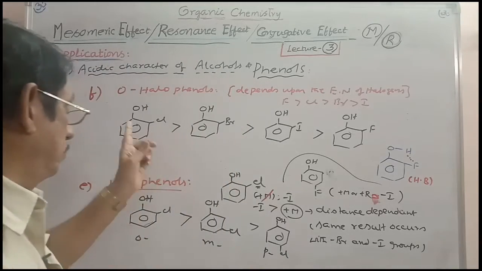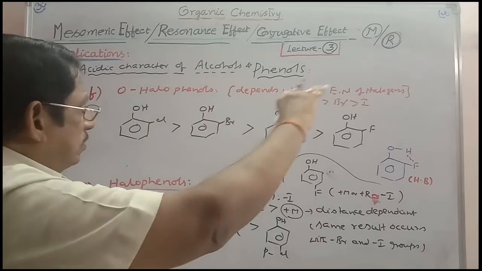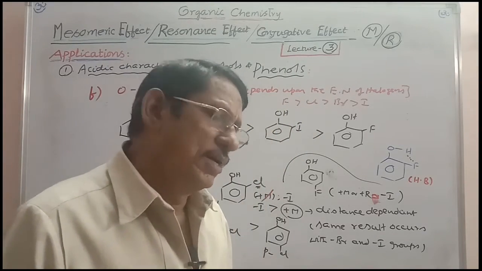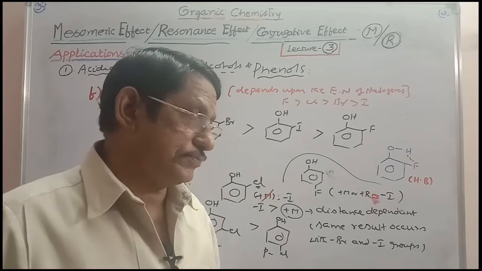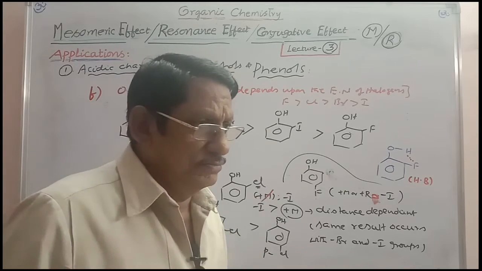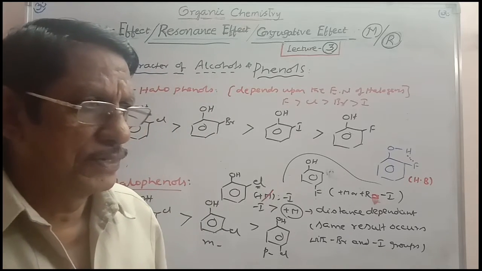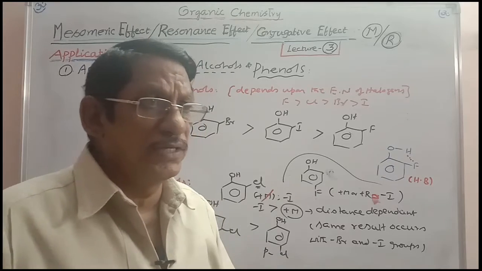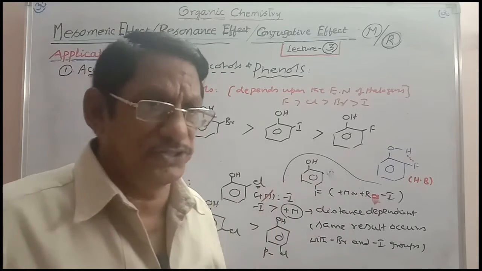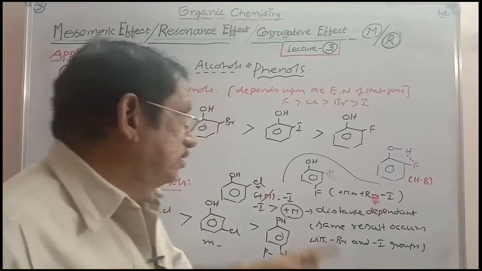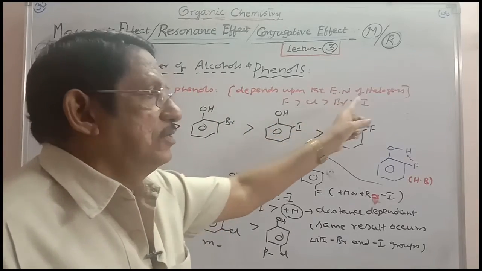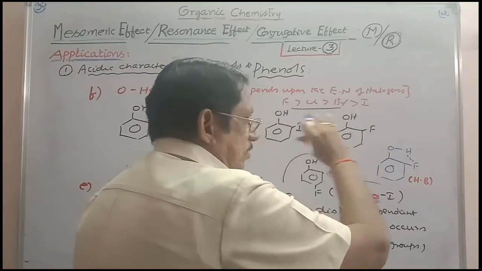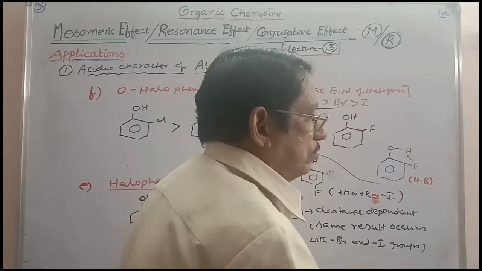Now let us consider one more application here. I am taking all the orthohalophenols: orthochlorophenol, orthobromophenol, orthoiodophenol, and also orthofluorophenol. Here all have the same minus inductive effect at the same position once again. If such is the case, the one having greater electronegativity will operate more inductive effect. And so it completely depends upon the electronegativity values of the halogens. You know pretty well the electronegativities of halogens decrease from fluorine to iodine.